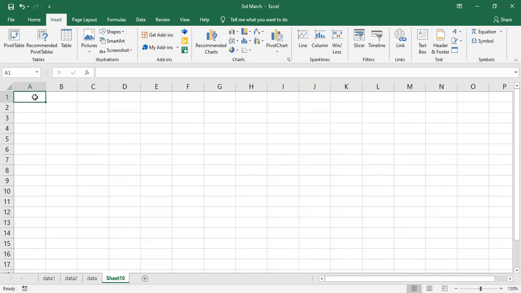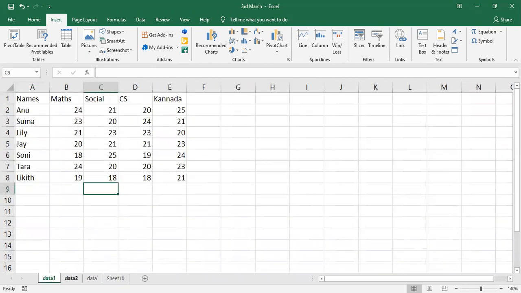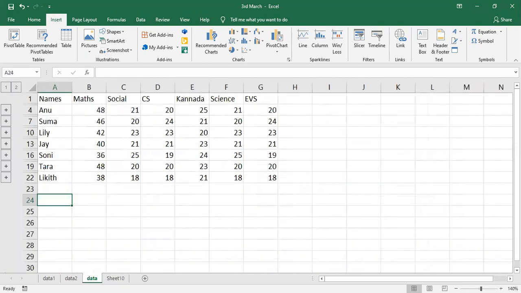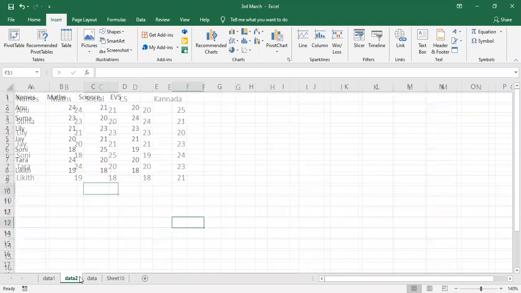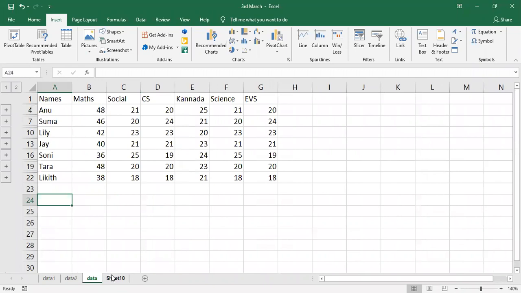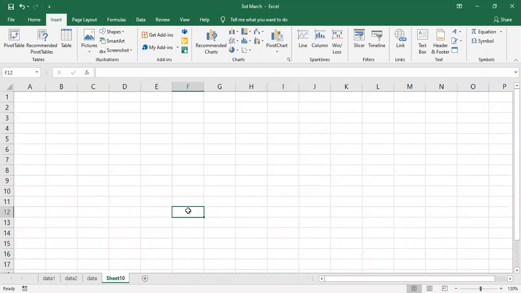Now, how many sheets are there in this workbook? Can you tell me?